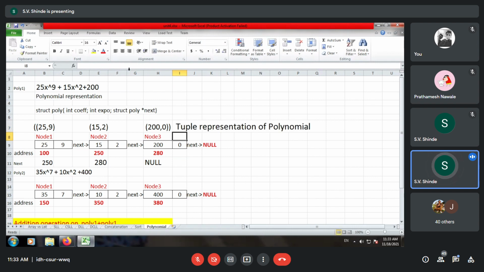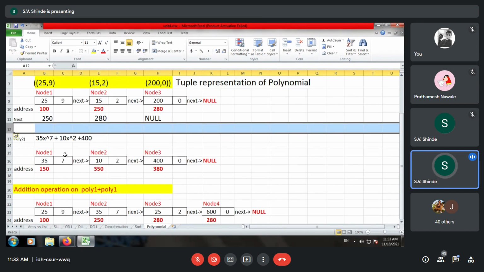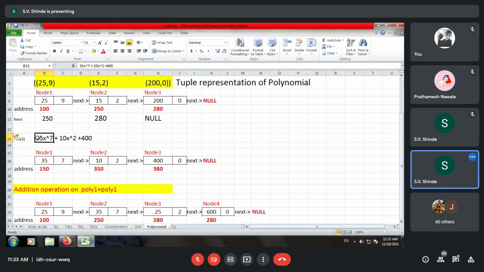Okay, so I just highlight this is a single statement, and for addition we can give you an example of this second example. There is another polynomial, so it is 35x raised to 7 plus 10 into x square plus 400. Its single linked list representation is given over here.